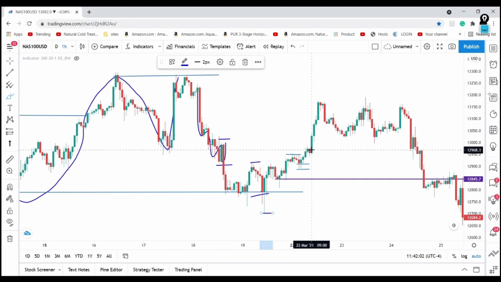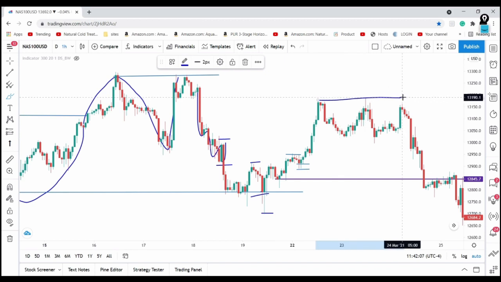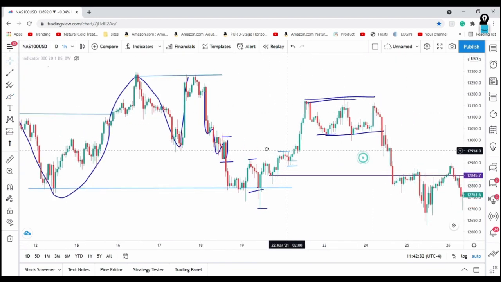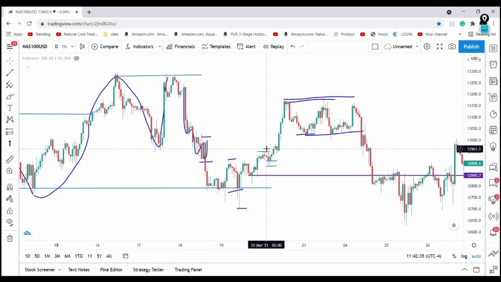And I want you guys to practice. So this is your homework, guys. Practice marking the swing highs and the swing lows, right? So let's say that this day right here was where the market was trading, and you're waiting for the market to do something, and it went to that resistance line. Now you know. We had this nice major swing resistance right here, and also we have this nice major swing support right here. So keep that in mind, guys. I want you to practice drawing these swing highs and swing lows. That's your homework. Do at least 50 to 100 of these